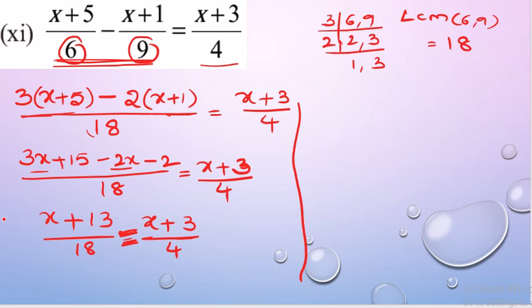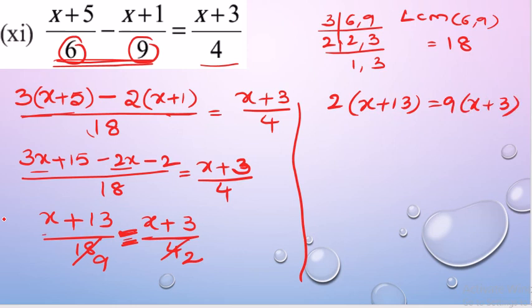But here 18 and 4 are both individual terms, right? So I can cancel the terms in the denominators. So this can be cancelled: in the 2 table 2 times, this 9 times. Now we can't cancel this x and x here, that is not the proper way. Okay, now do cross multiplication. On doing cross multiplication, what are we going to get? 2 times (x plus 13) is equal to 9 times (x plus 3).